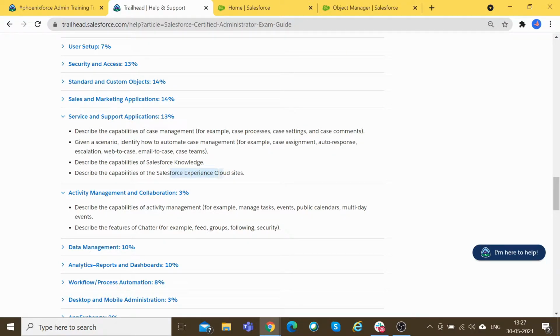So that's Salesforce Experience Cloud, which is a customer-facing site, and then also understand Salesforce Knowledge. So in short, knowledge means it's a knowledge article. So you have, let's say, a self-service portal using the Experience Cloud, and you wanted to deflect the calls. So call deflection is basically what? So the traditional ways of